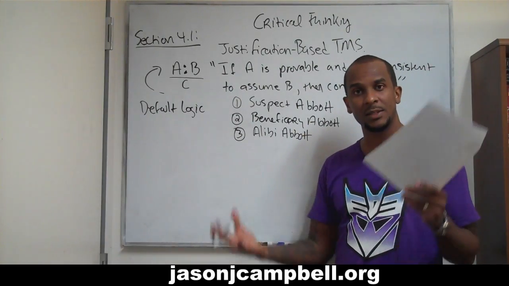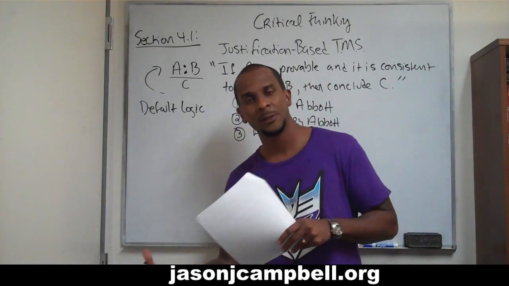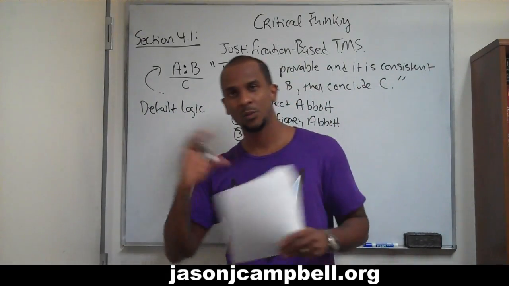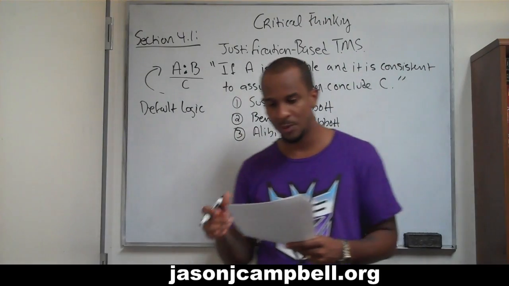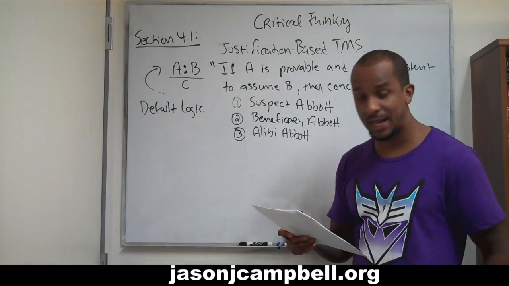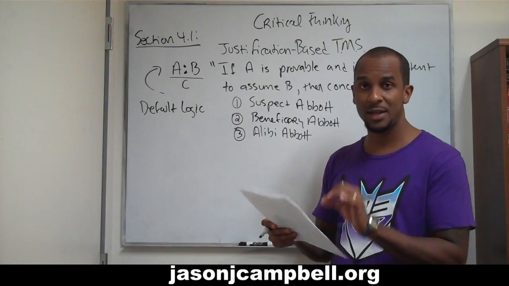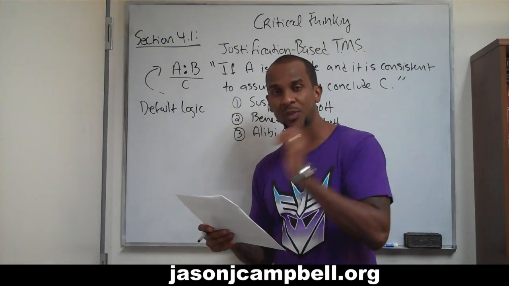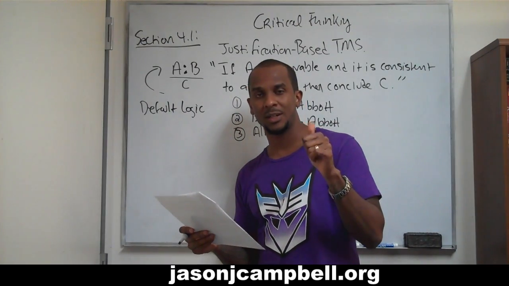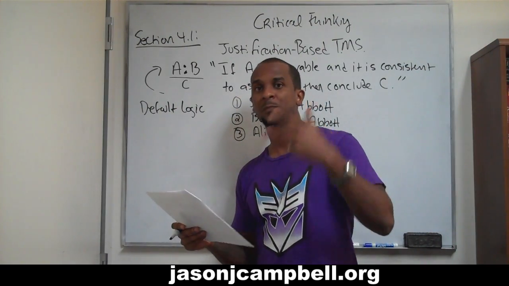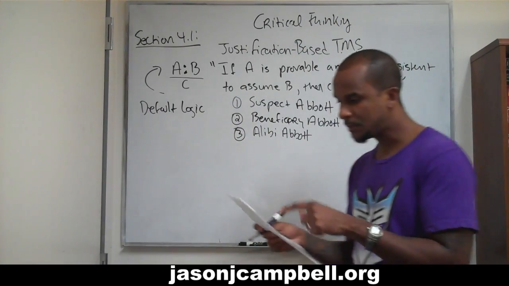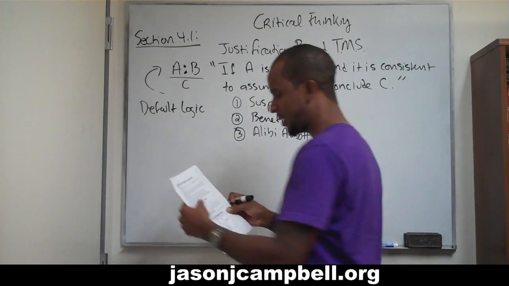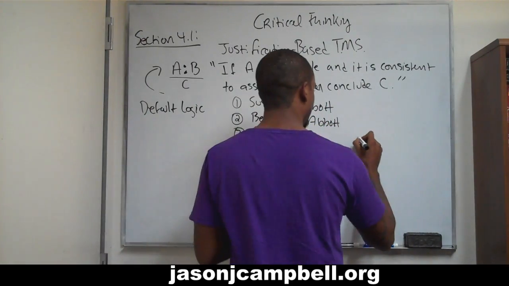We need a system of uncertainty and flexibility, a system where we can discard old assumptions for new assumptions, and non-monotonic logic allows us to do that. So we express the belief that Abbott is the murderer. Why do we think he's a murderer? Because he is the beneficiary and he doesn't have a good enough alibi. How do we represent that in default logic notation? As the following, so it's beneficiary